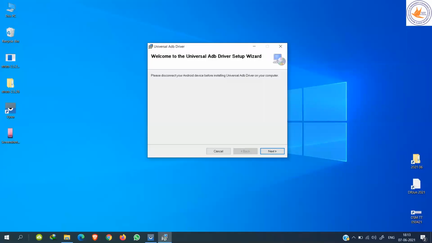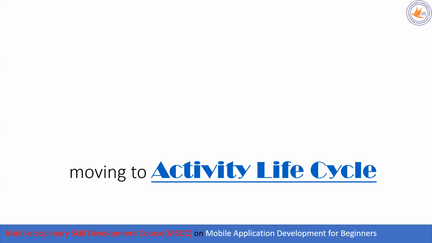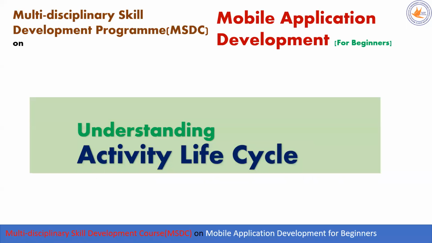These drivers are available. You can directly download them from the internet, and one such popular driver is the USB ADB driver. You can Google it. You can directly install them; installing them is quite easy. Once you have done the installation, you can easily connect your device, and you are able to install an app directly from your laptop to your mobile. This is the advantage of installing these USB drivers.